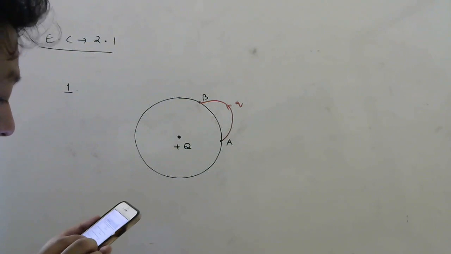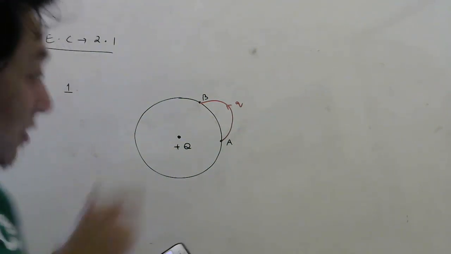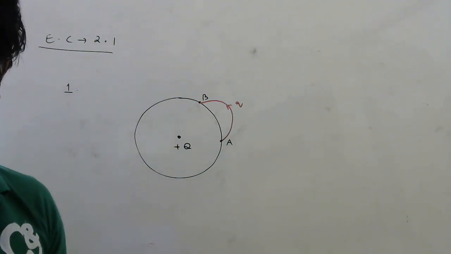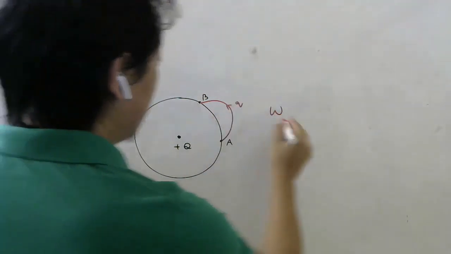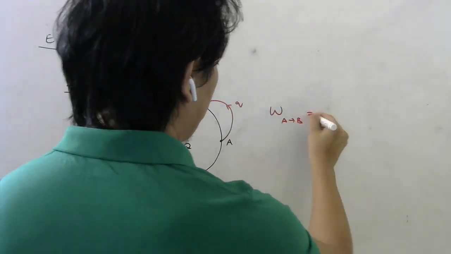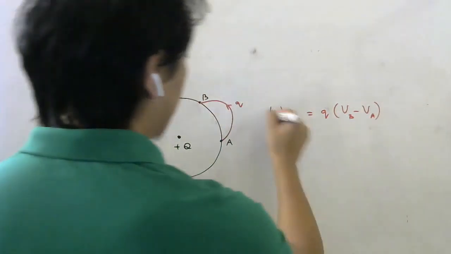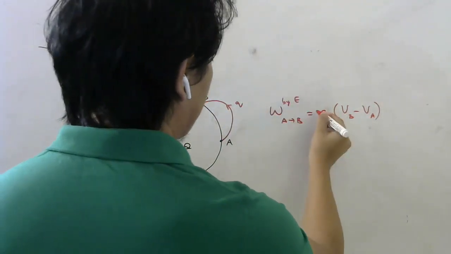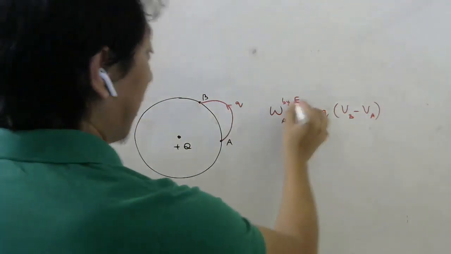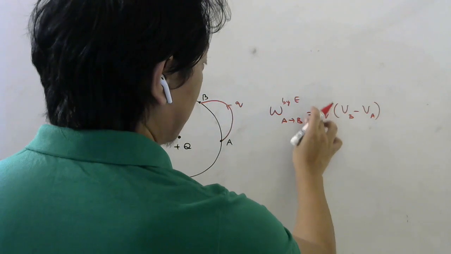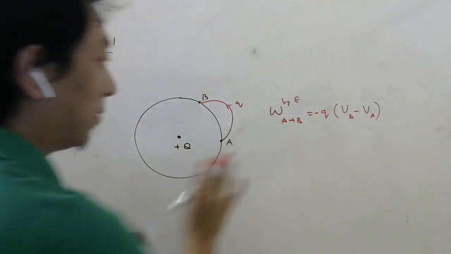So the question is, what is the work done? They are asking the work done by electrostatic force in this case. So go back and think, what should be the answer? Work done to move this q from A to B. What was the answer? q into (VB minus VA). Since it is by the electric field, I should put a minus sign. Even if you don't put a minus sign, by an external force, you have to keep it plus. But by the electric field, if they say so, you have to put a minus sign. In the beginning also I explained.